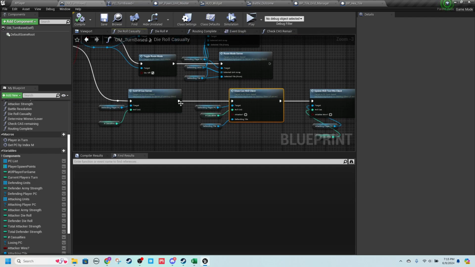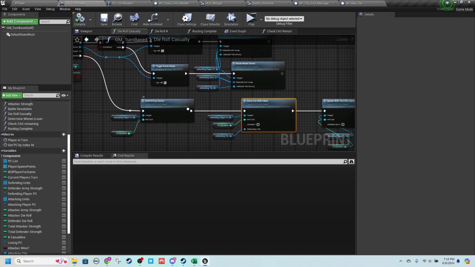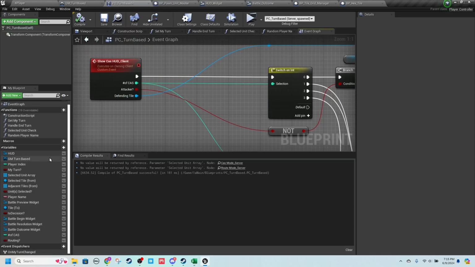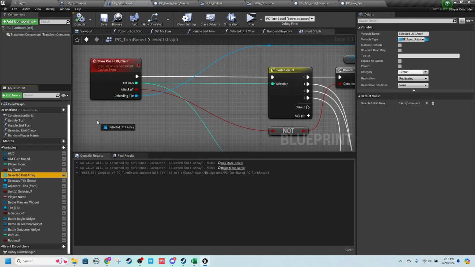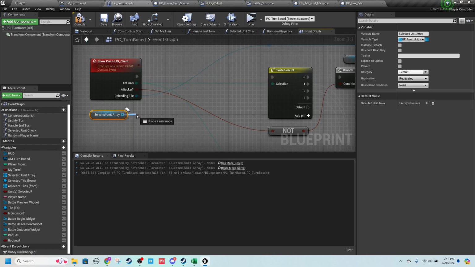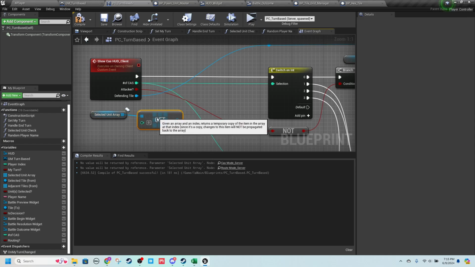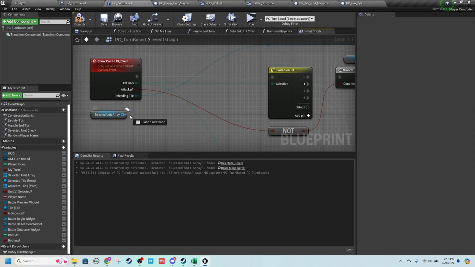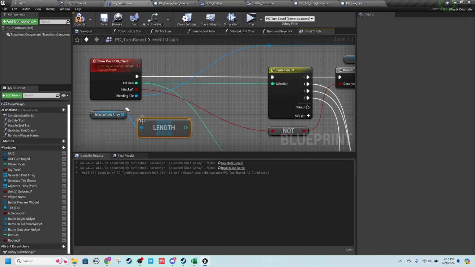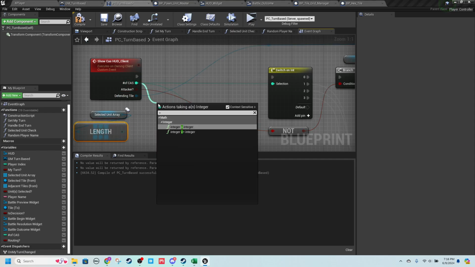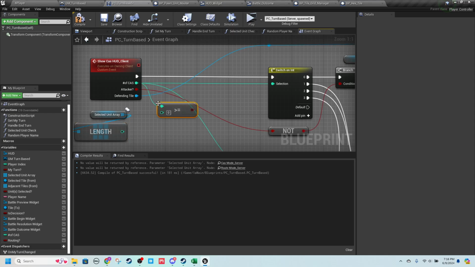I just want to check one thing. This is run after we set. So if, let's grab our selected unit array and get length. No, is it just length? Yeah, length. If this is greater than or equal to this,